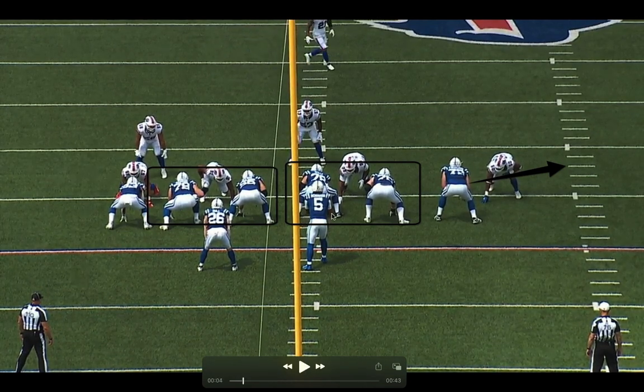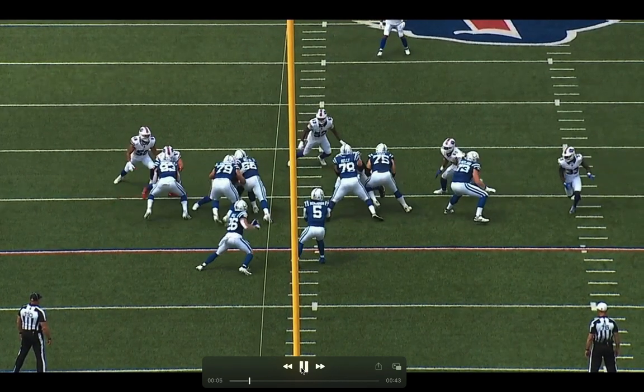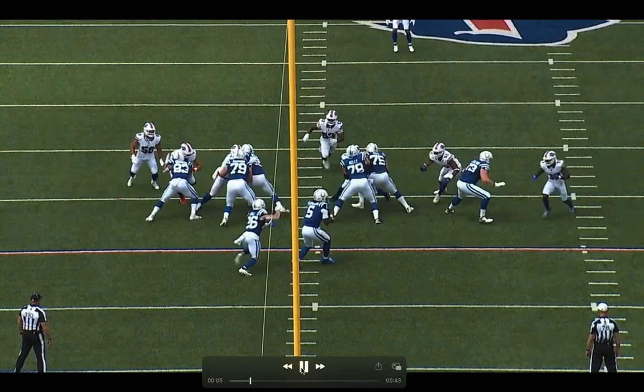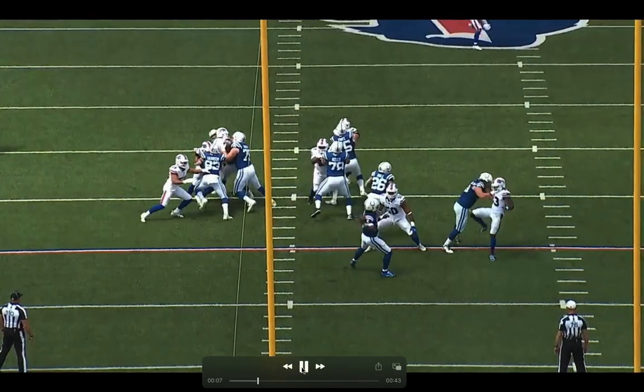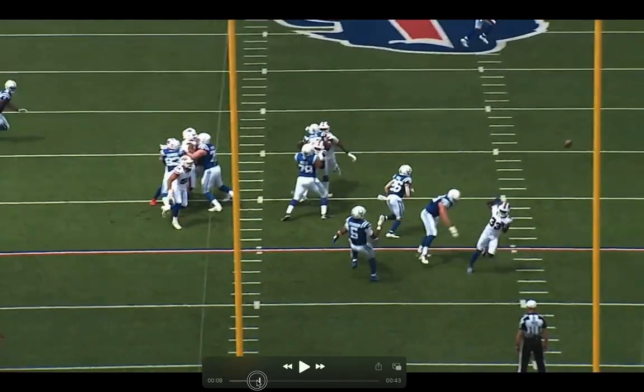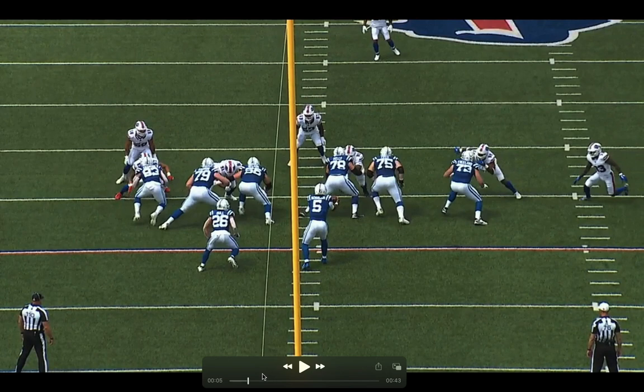I don't know if that was because of a protection call or if that was because he's reading the hot guy off the edge. But yeah, if we're typically doing a run design here, you want to have Blake Freeland come down and wash out this defensive end. That defensive end's crashing in. You either want him to wash that out there, or you want to have that communication with Will Fries to where hey, don't combo block inside, pick up this guy and I'll pick up the edge guy. So a little bit of a miscommunication,